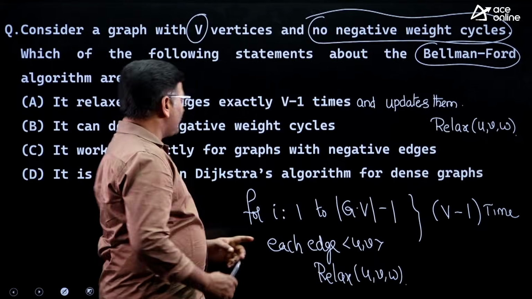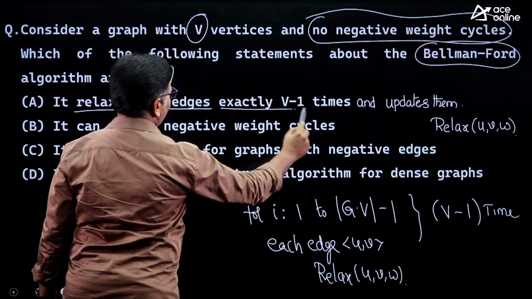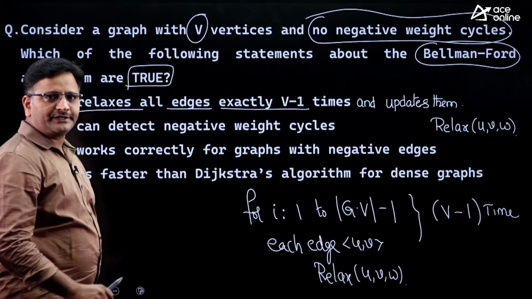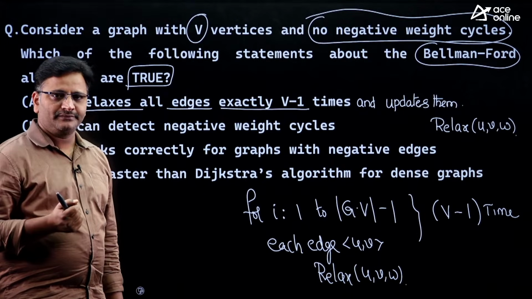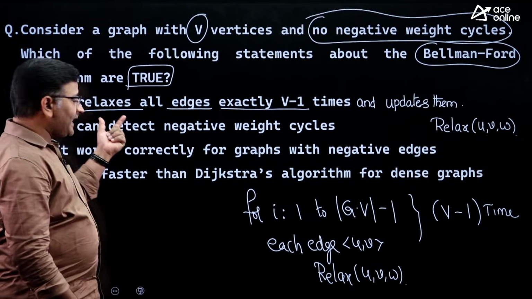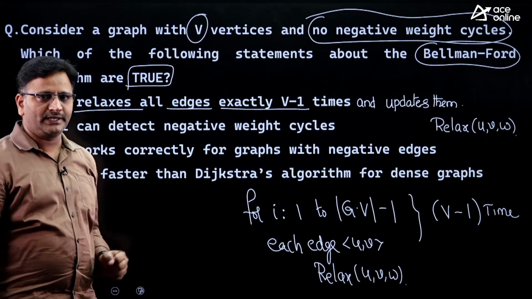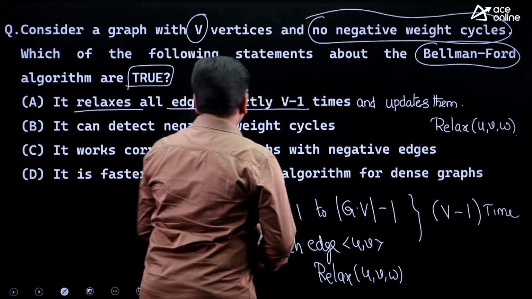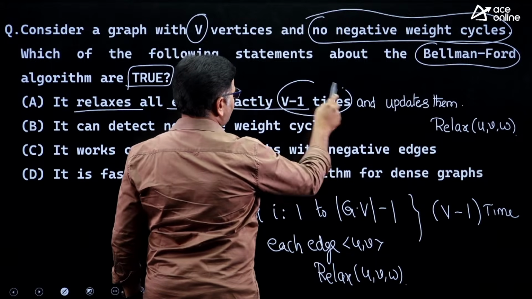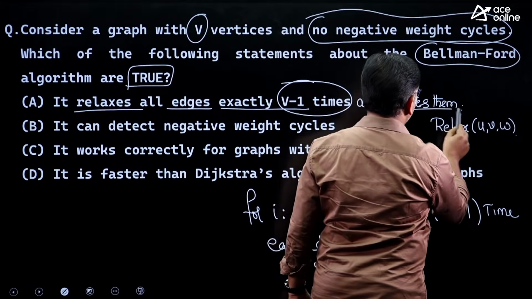Okay, but look at the statement here. It relaxes all edges exactly V minus 1 times. Yes, I agree with that, but every time we cannot give a guarantee that they are getting updated. Generally the internal meaning of relaxation is that after calling the function it must update the cost also, then only it is called relaxation. So for clarity purpose I have written here. So I agree that it is relaxing V minus 1 times, but every time updating them